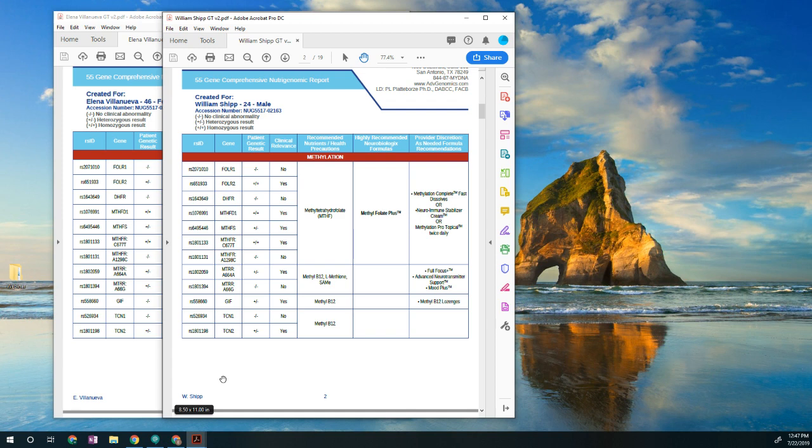Look, the body is going to take what it needs. If you give the body the ingredients, it's going to take what it needs and it's going to pee the rest out, especially in the case of B vitamins. The body will take what it needs. It's a water-soluble vitamin, and it's going to pee out the rest. The body isn't going to produce more methyl groups than it actually needs. So I believe that that's not a concern, and there are many practitioners around the world who would agree with me on that.